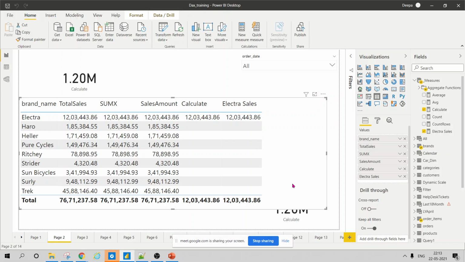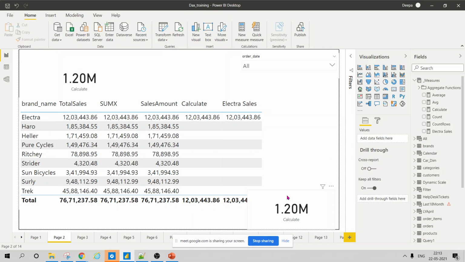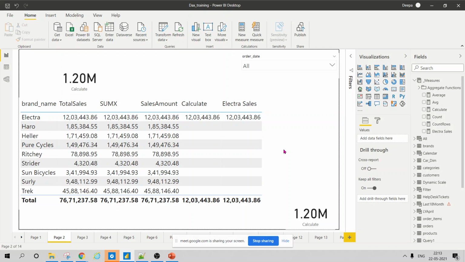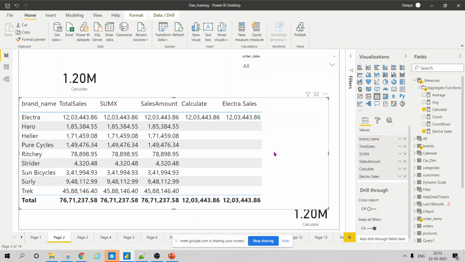I will try to create a table, wherein I'll just give a column, and I want to return, or let's do one thing. I just want to create a sum of sales where I'll use the ALL function, so that it will give me this value 76711 in all the rows. Here we are applying this filter, but it will not take that into account.